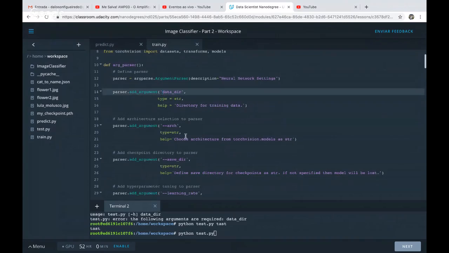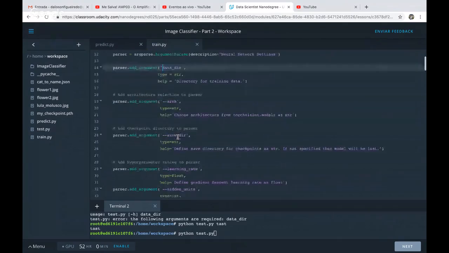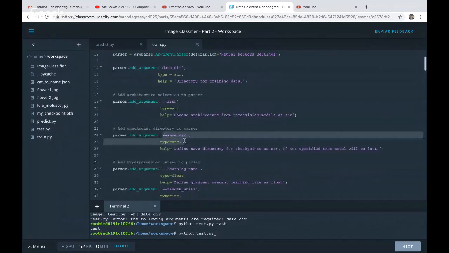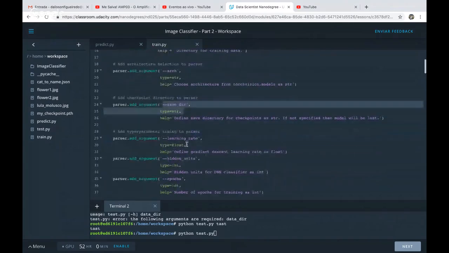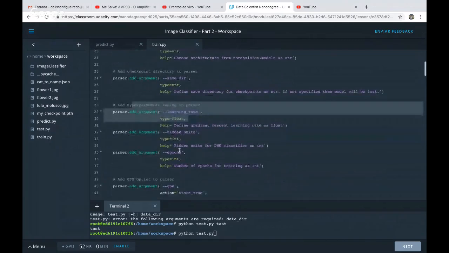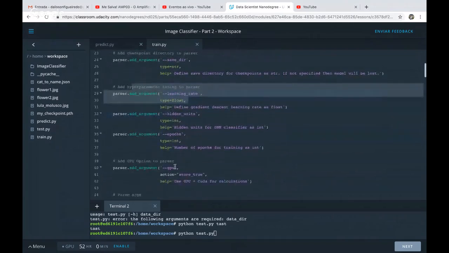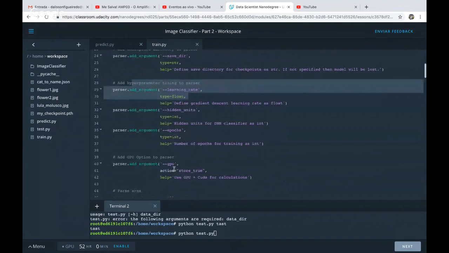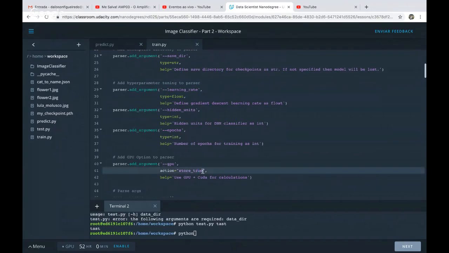So this is an optional argument. You actually can pass this SaveYear optional argument, and this learning rate argument, and this hidden epochs, and GPU is actually the one that is different. It's optional, but it's actually just a boolean. So this is what this store true action says. So for the user to pass this argument,